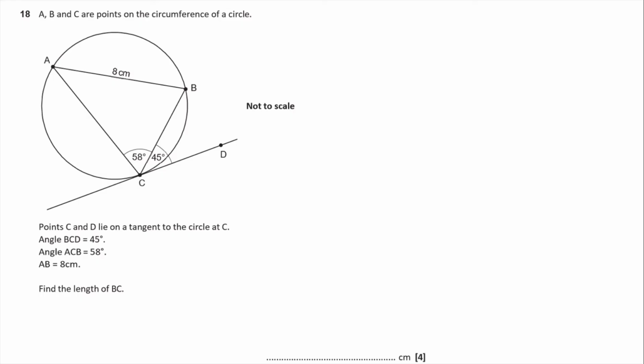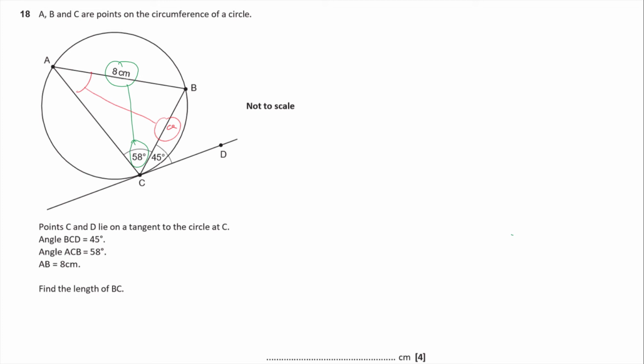But again, I don't quite know enough info for the sine rule, because the sine rule is about opposite pairs. Now I've got an opposite pair here. Look, I've got the 8 and the 58 degrees. They're opposite pairs that go together. Now if I want to find the length BC, which in the parlance of non-right angle triangles, we label sides as the lowercase version of the letter on the opposite side of that triangle. So that would be side A. So if I want to find side A, I'm going to have to know angle A over here. So I'm going to have to find that angle first before I can then go on and use the sine